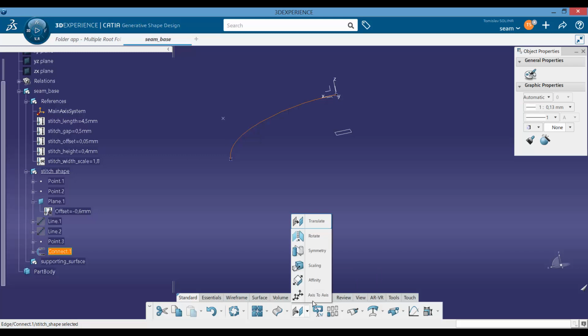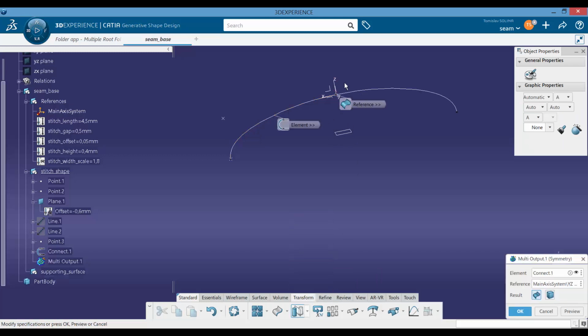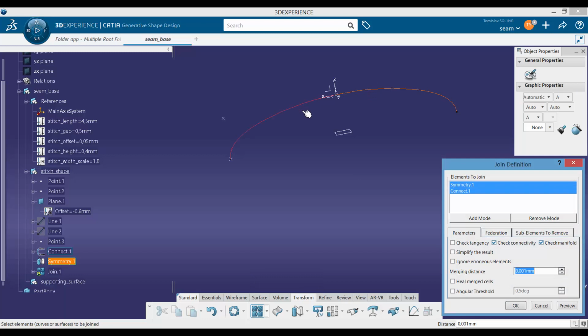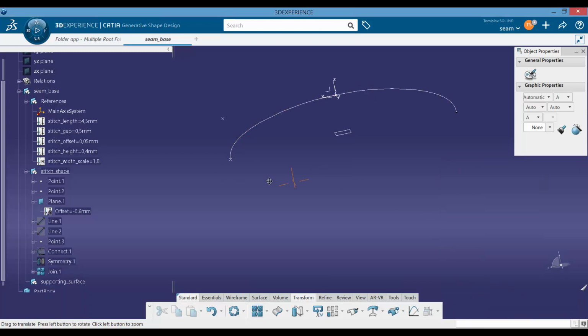So we'll use from transformation symmetry, we'll select again this axis system, because this is the only axis system, it will always select the correct one, and then we will simply join those two elements. After this we will position it on the initial state, where the position of the element will be on the -1 of the pattern that will be used later. So we will move the geometry on -1, and then the whole pattern will be created on the other side. In this way we can avoid one join later, and avoid issues when we have only eventually one element created